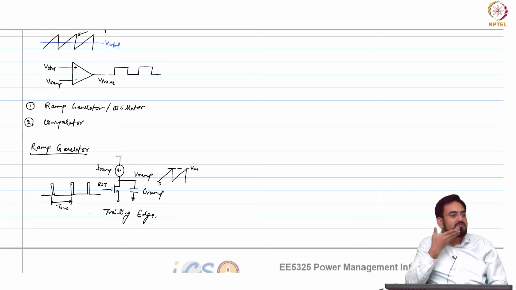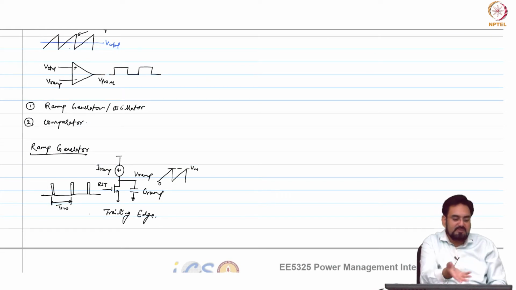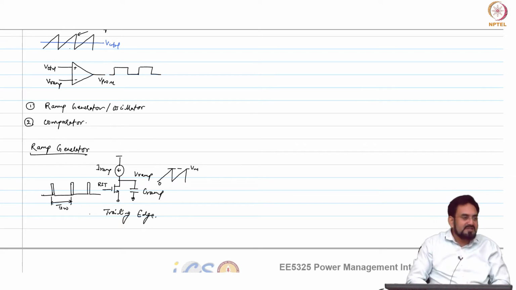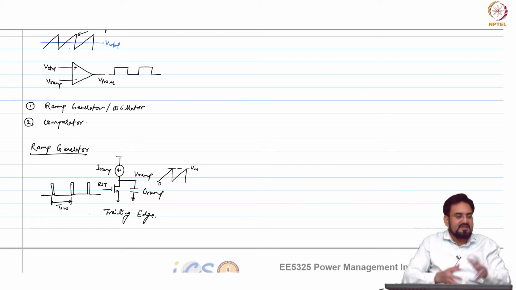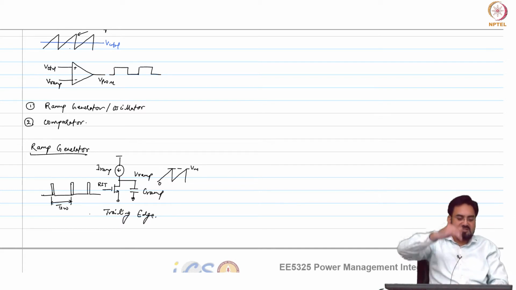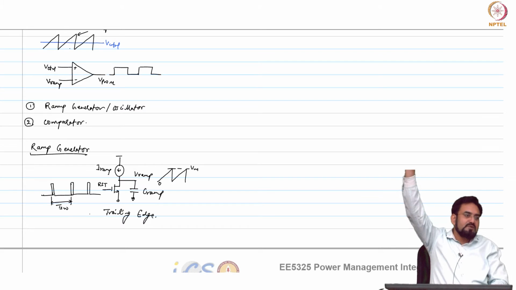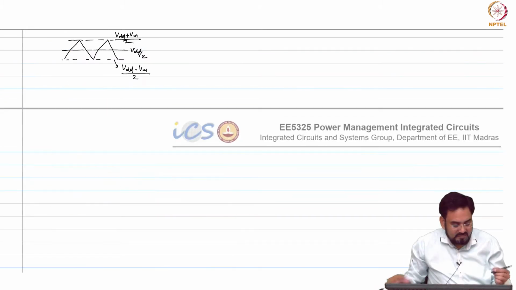What can we do? You have to simply modify this circuit to shift the common mode. You just replace the ground with another voltage, so that it will always reset to that. So, let us say replace the ground with 0.4 volt and you keep everything else the same. It will now, instead of 1 volt, charge to 1.4 volt because you are starting from 0.4 volt offset.